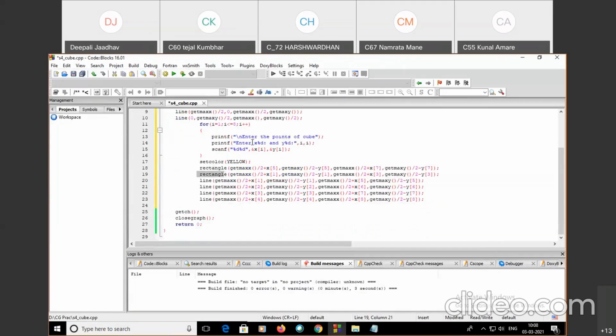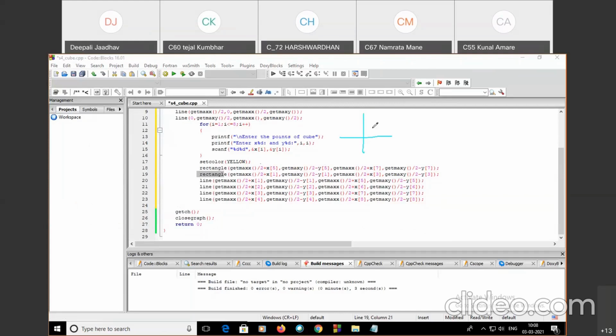Whatever the xi and yi values, they get added with getmaxx divided by 2, and yi is subtracted from getmaxy divided by 2, and that's why whatever the rectangle or cube we are going to draw, it will be in the x and y plane.